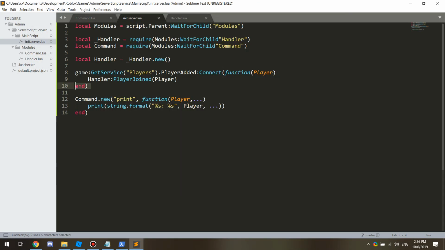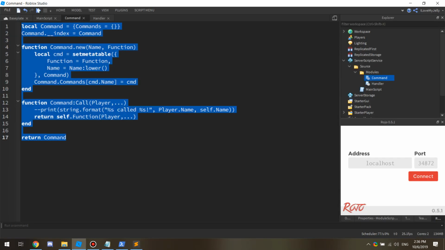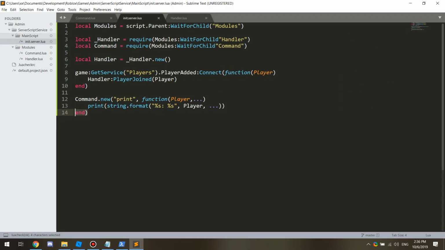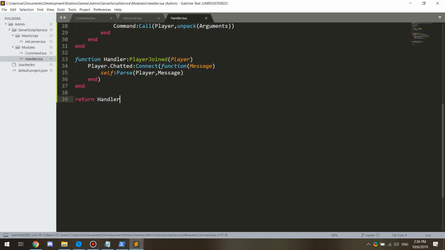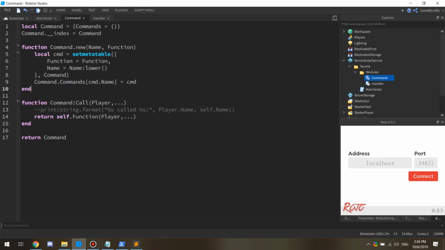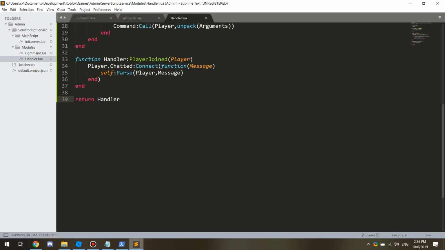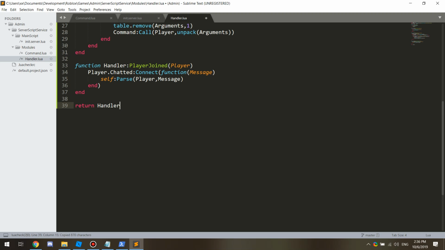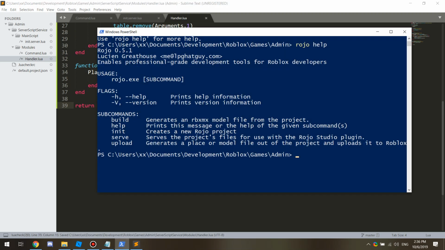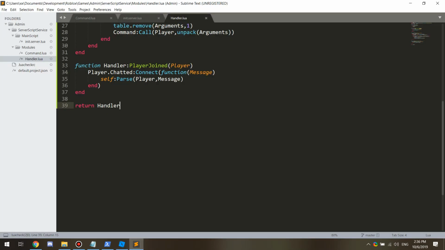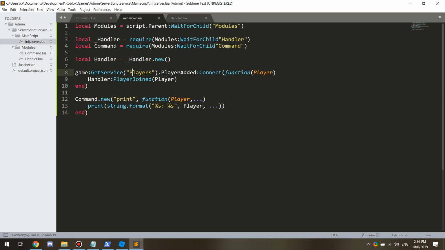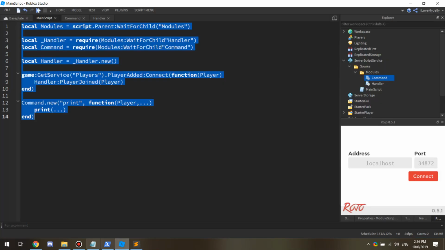Let's just copy it down though. So if we go in here, copy the command module. So it's better to make all the changes in here rather than in the Roblox file itself. I'll keep my color pick on this. It's just I'm used to it. So let's move this here so I can. Okay, now